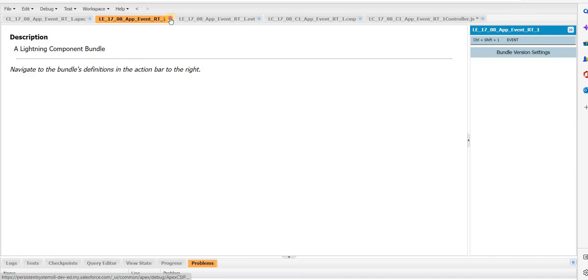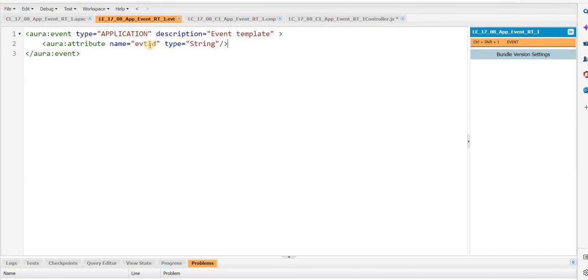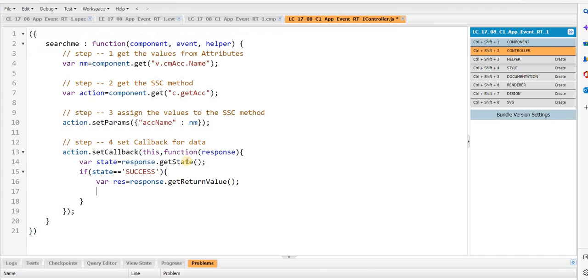event. This is the event. For this event I want to pass. So how can I pass this ID to the event? Very simple. First, get the event where evt equal to, as it is a component application event, $A dot get